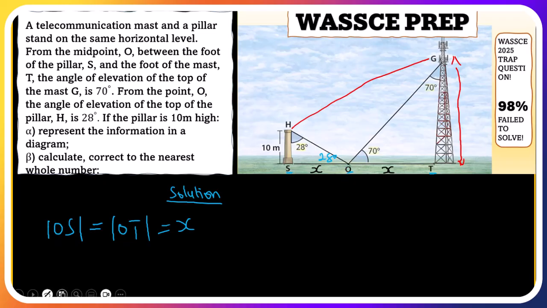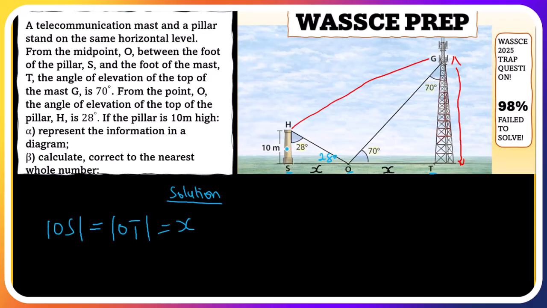So from triangle SHO, using the tangent ratio,